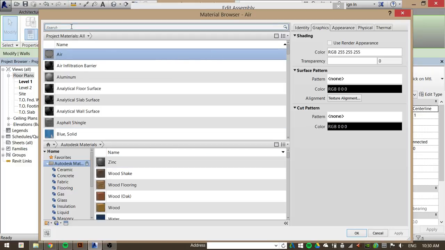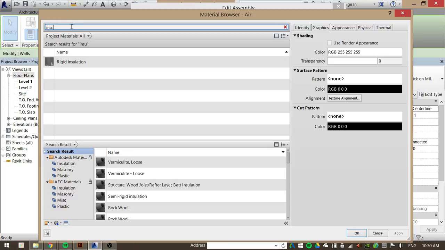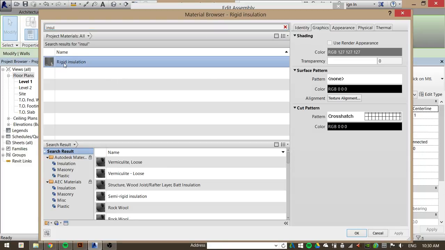Regardless, if you just search for, let's look for insulation. Do you guys have rigid insulation? Does anybody not have rigid insulation? No? Okay, cool. So in the material browser, again, this is where you can change how it shows up in